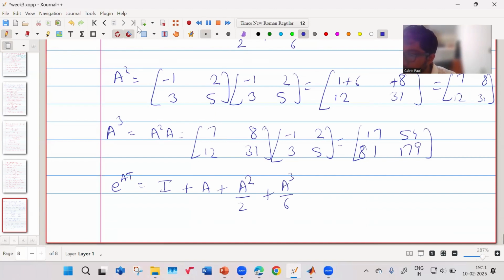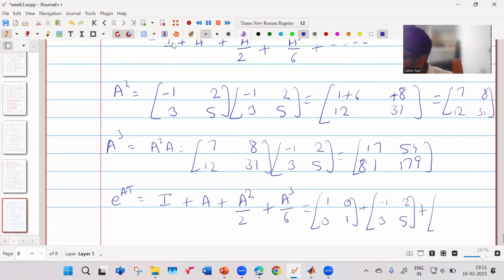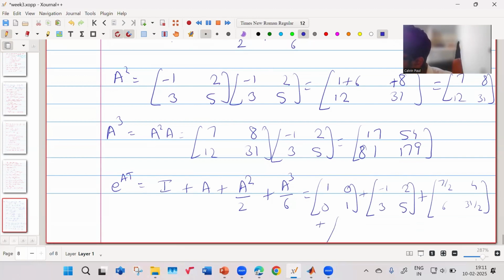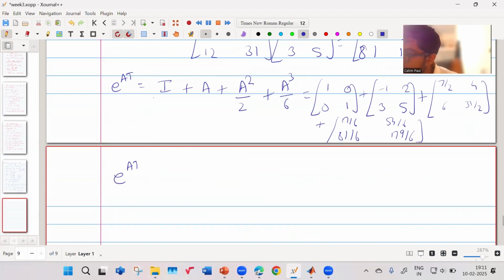That is equal to [1, 0; 0, 1] plus A, which is [minus 1, 2; 3, 5], plus A squared upon 2, which is [7 by 2, 4; 6, 31 upon 2], plus A cubed upon 6, which is [17 upon 6, 54 upon 6; 81 upon 6, 179 upon 6]. So if you add them, what will you get? e to the power A is